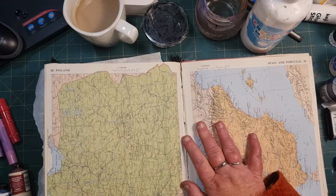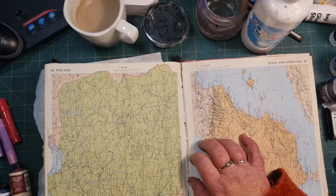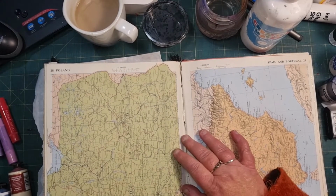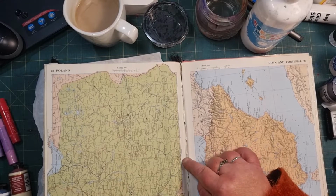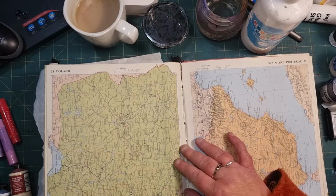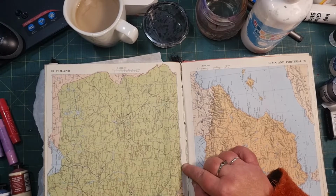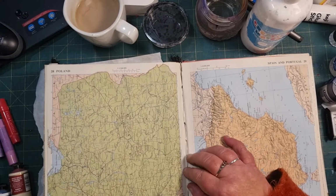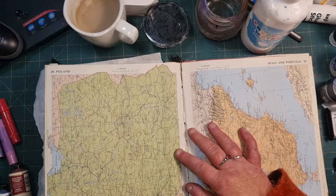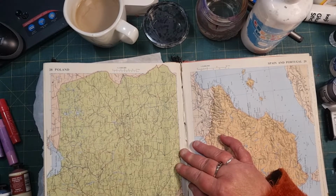I did a journal a while back that was an altered book. It was a pagan themed, witch type themed one, and the same thing happened, because I had done a lot of collage in that particular journal, and I had the same thing happen in several parts of the book. So this is how I repaired it. It held up really, really well. I was absolutely so happy with the book after I had finished it,